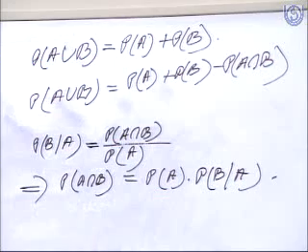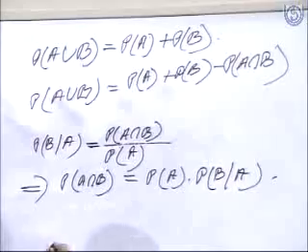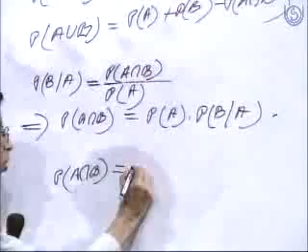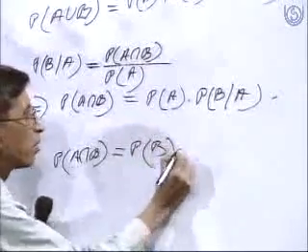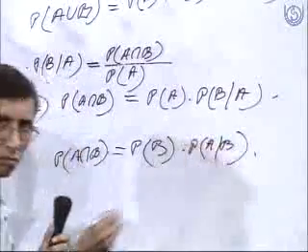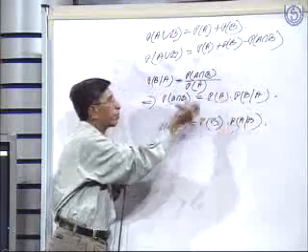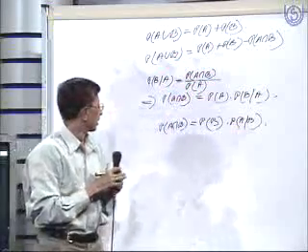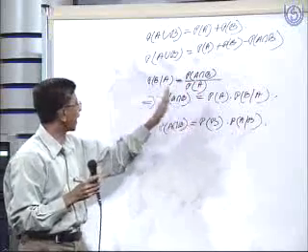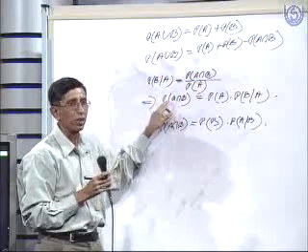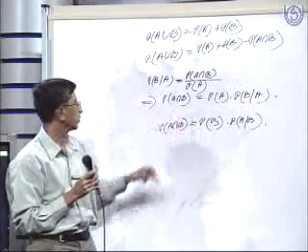So again from there I can derive that probability of A and B in another way. Then it will be probability of B multiplied by probability of A given B. So these are the two equivalent expressions for the compound probability. So this is how we can find out the probability of a compound event like probability of A and B.